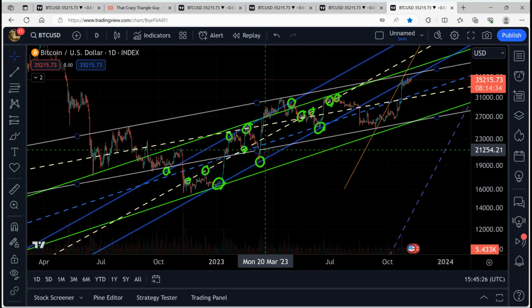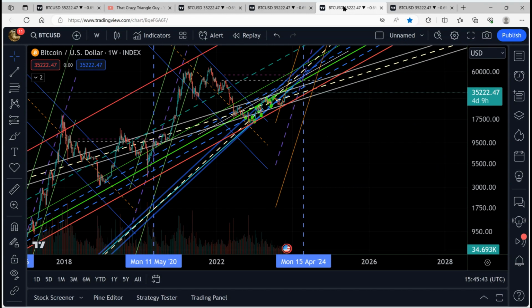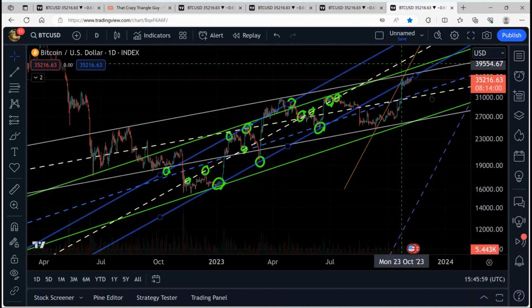the much larger red channel. All those other parallel channels I had on the other weekly chart, I've removed from the daily chart just to have these guys here, with one exception. Here on the weekly chart, you do see these green parabolic channels. And the one we haven't had our parabolic run in yet, I've marked in orange